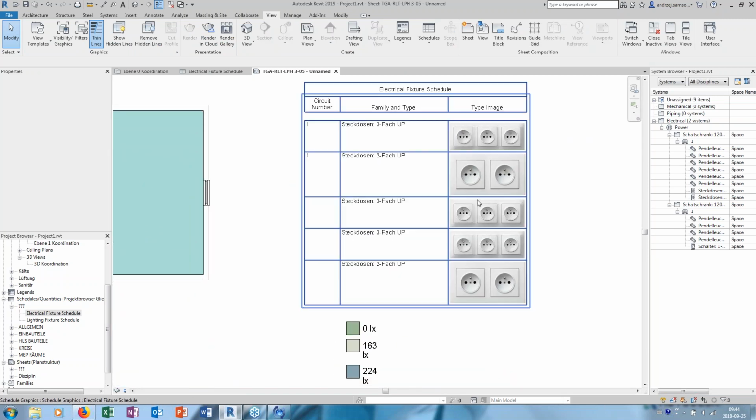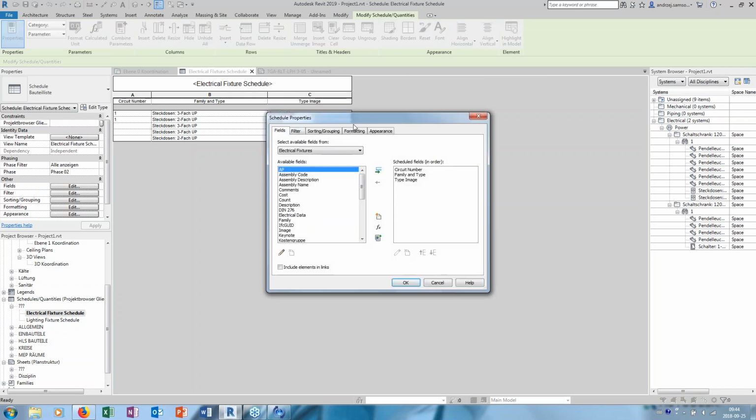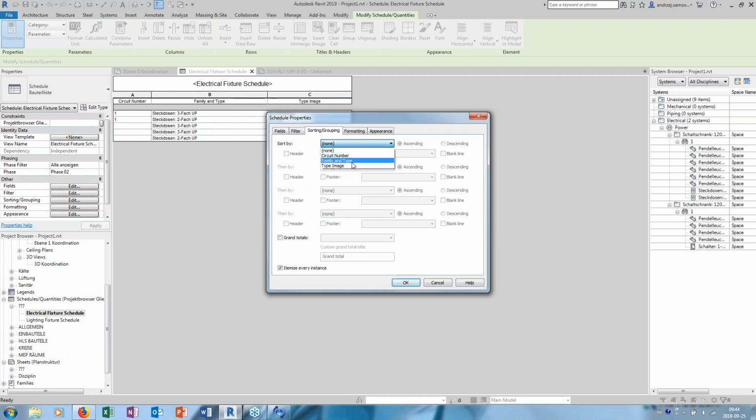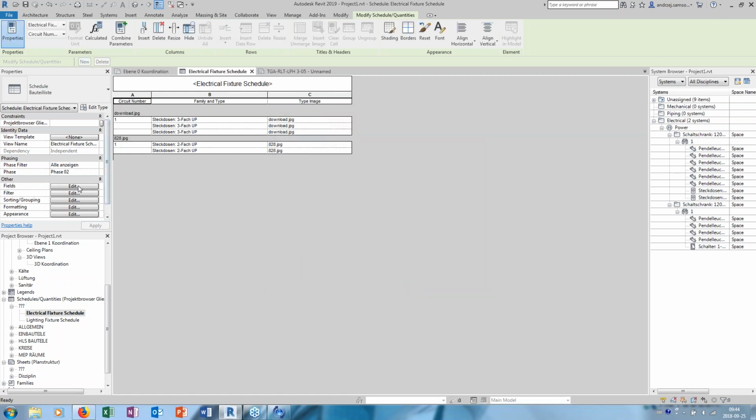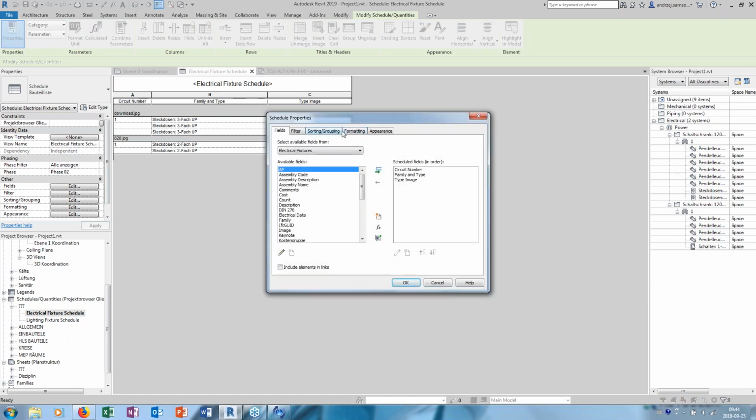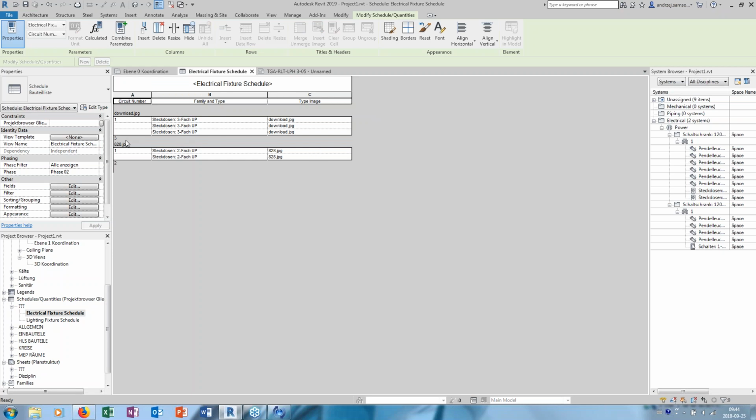What I can also do, of course, to avoid this repetition, is sort my schedule so it tells me type, image, header, totals only. Then I can, for example, ask it to show me footer counts and totals, okay, so I have it like this, 3 of them and 2 of them,